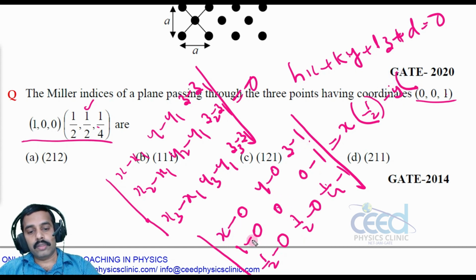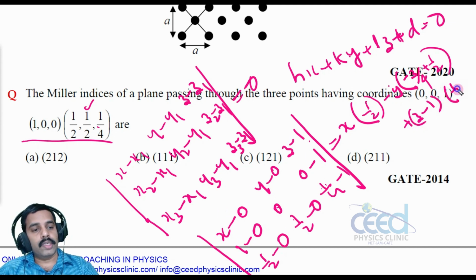so we can simplify this, y into 1 into minus 3 by 4. So let me write this as minus 3 by 4, right? 1 by 4 minus 1, that is minus 3 by 4, right? Y into 3 by 4 plus 1 by 2, plus z minus 1 into, the next term is 1 by 2, right? And the remaining whole term is 0. This is equal to 0.